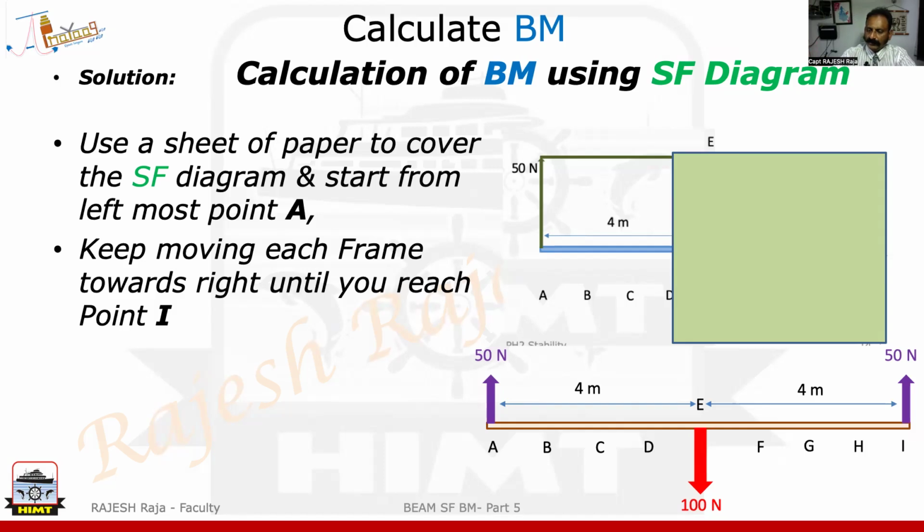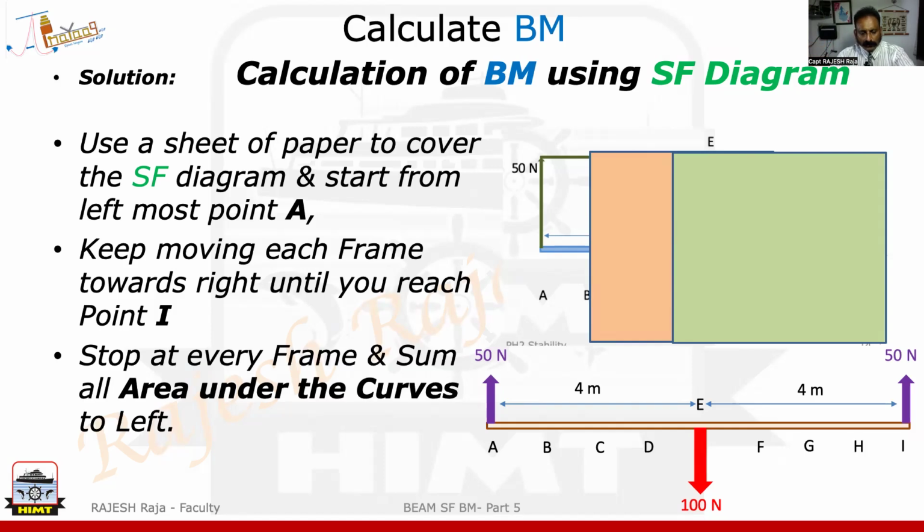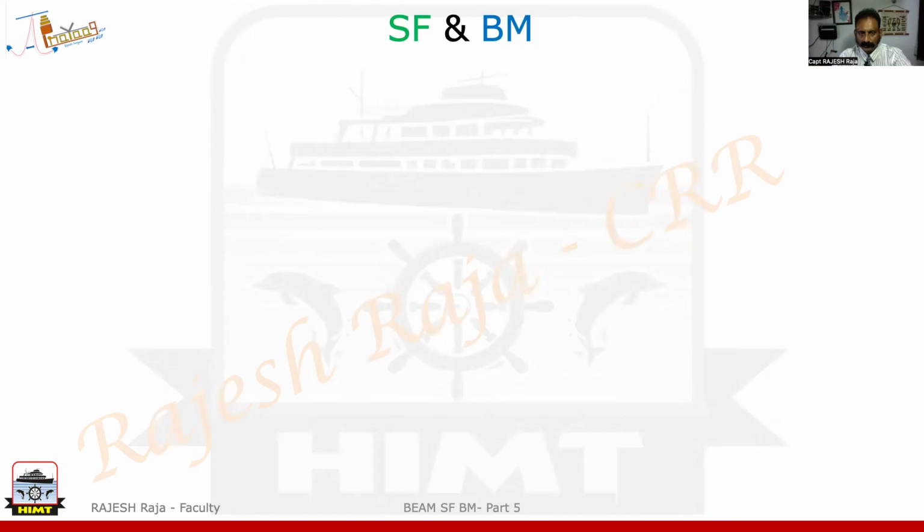So I can keep moving this page. Let us say I want to calculate up to Bravo. I could have done 1 into 50, which is exactly the area under the curve. This is what you do in your stability calculations also. When you go for your GZ curve, you're multiplying the GZ into the angle. That is what gives you the dynamic stability also. So I can keep moving this frame and I can calculate using area also. Choose your method. If you're comfortable with area, please go ahead with area. But I am going to stick on to the moments method, which is exactly the same. It's easy for me to calculate. I feel it is easy, so I teach the same way. I'm going to stick to that.